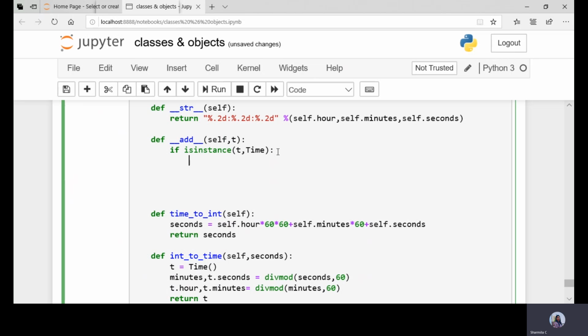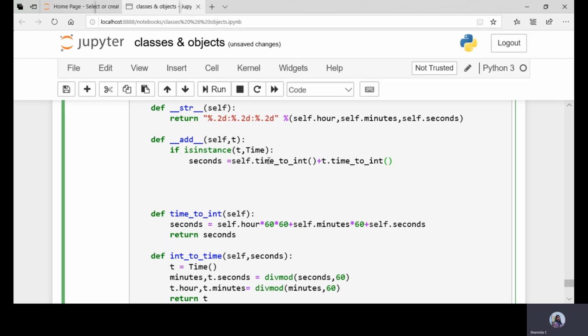So we'll take seconds equals self.time_to_int, calling this function to convert the time to seconds with respect to the first object t1, plus t.time_to_int.